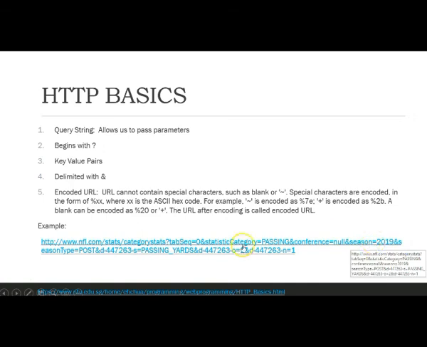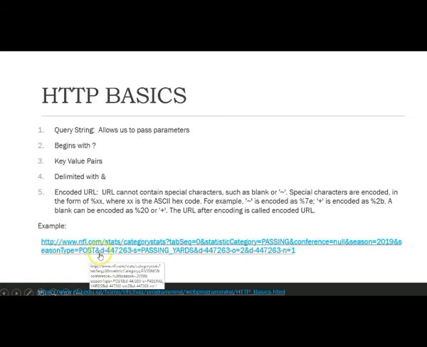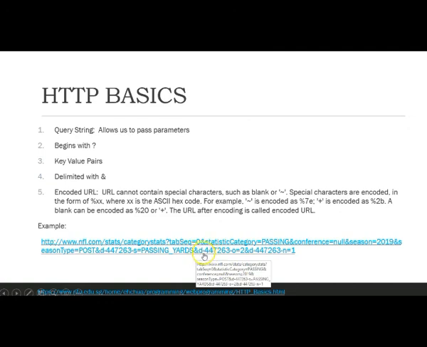Some of it is a little more ambiguous, like this D-447263-S equals passing_yards. We may be able to assume that this is the type of stat that we're looking for. So we're good there. But let's look at the next one: D-447263-O equals 2. What the? So this one is where you might want to play around. You say, what happens if I say equals 1? You put that in your browser, hit it, and see what happens,